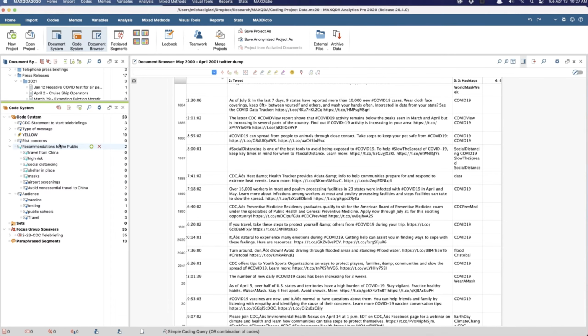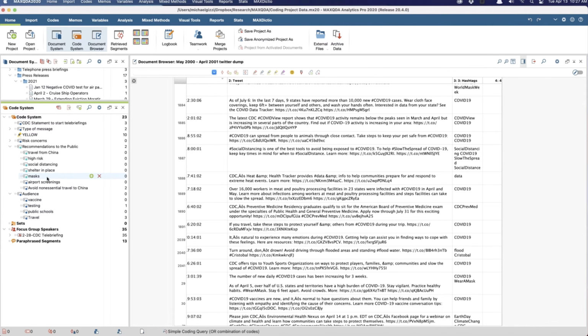Some things like this: recommendations to the public when the CDC was making a specific recommendation. Travel from China, that was very common in January and through March. Whether something was high risk in terms of a recommendation. The words social distancing, shelter in place, masks.